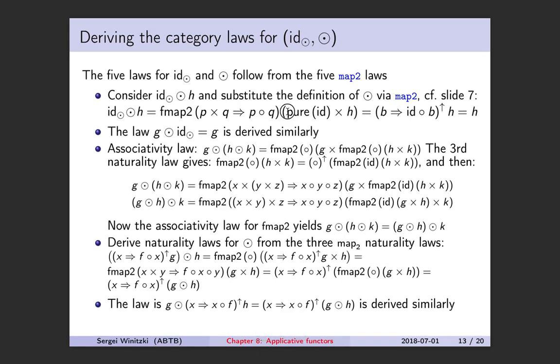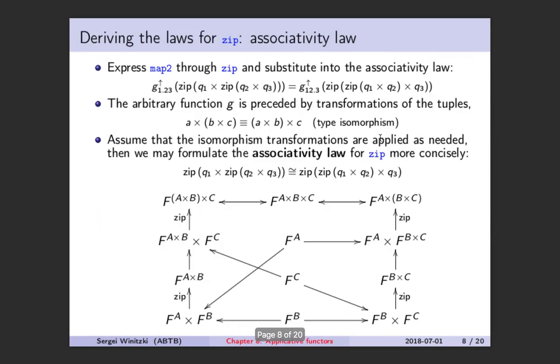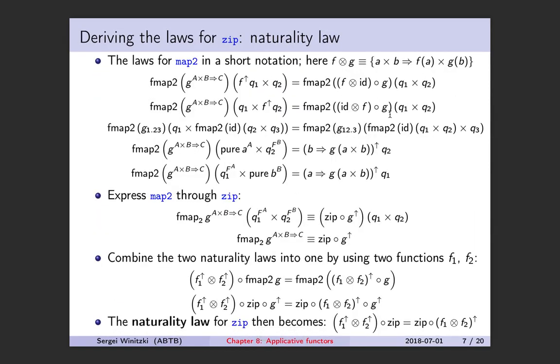But we are working on pure of the identity function. So according to the law on slide 7, this is equal to that. So we have Fmap2 of something and pure. So that's supposed to be equal to this. So let's just copy this over